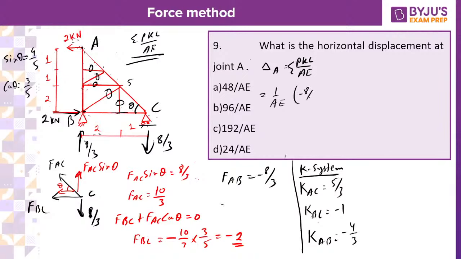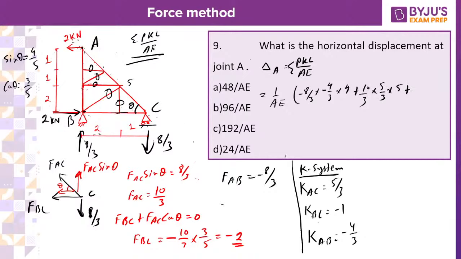So minus 8 by 3 into K, K for AB is minus of 4 by 3, multiplied by 4 is the length, then plus PKL for the member AC, that is 10 by 3, and K of AC is how much? 5 by 3, into 5 by 3, multiplied by the length of the member AC, which is 5, then plus